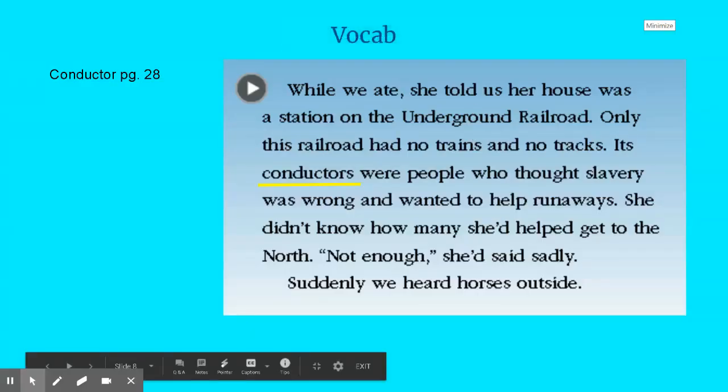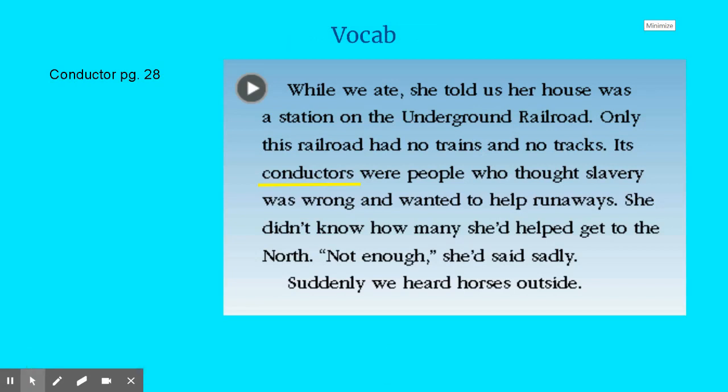So for our vocab, our first word is conductor on page 28. So let's read the sentence. Its conductors were people who thought slavery was wrong and wanted to help runaways. So I have that word people. Conductors were people. So I know that a conductor is a person, and it's a person who thought slavery was